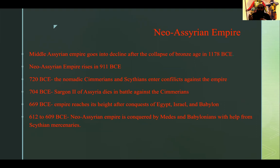However, unfortunately, much like many of the other civilizations of the Bronze Age, the Assyrian Empire, or the Middle Assyrian Empire as the proper term is, went into decline roughly around 1178 BCE or 1177 BCE, along with the Hittite Empire, the Babylonian Empire, the Mitanni Empire, and the Mycenaean Empire, with the only survivor really being the Egyptian Empire, though the Assyrian Empire did to a point survive. And that's what allowed, a couple of centuries later, the Neo-Assyrian Empire to rise in 911 BCE, where they began to rapidly expand and conquer territories,